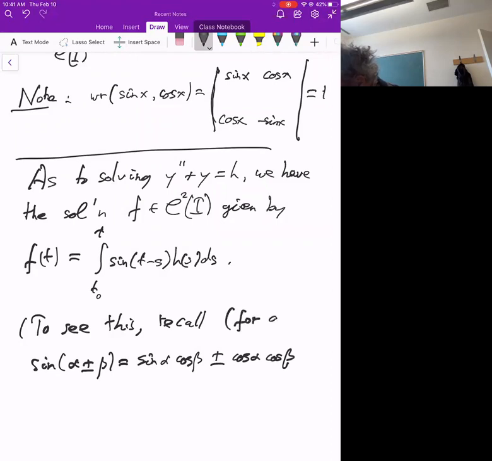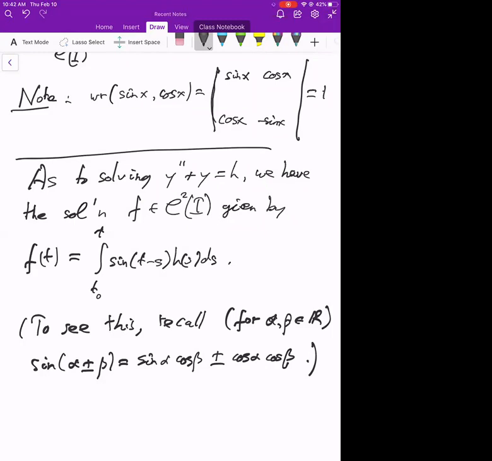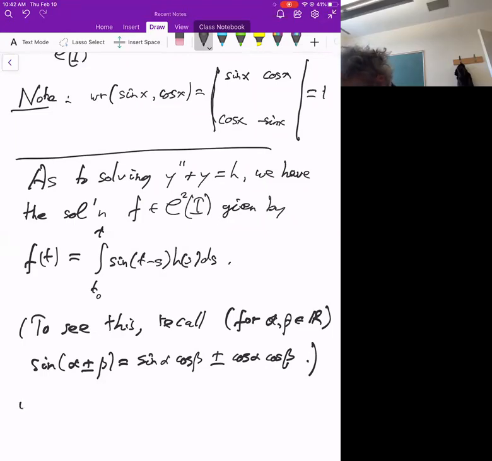Well, this is for alpha, beta in the reals, but of course also in the complex numbers. But we need it here only for the reals. And by writing sine of t minus s this way, you can then explicitly differentiate f, and then the result you can differentiate again,